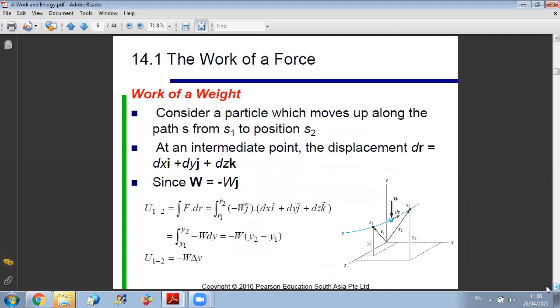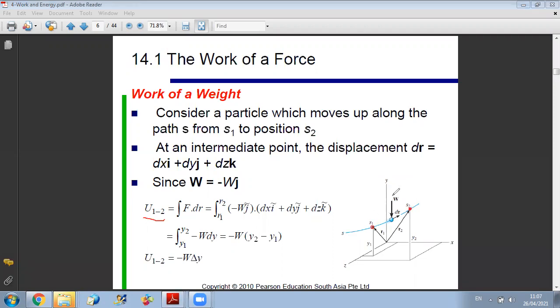Okay. Now, let us take in particular the weight. The weight is one of the most important forces that we face in problems. So we will determine together a general formula for the work of the weight. So now we will develop the work of the weight starting from the definition that the work of a force is the integral of F dot displacement dr. And now by integrating between position 1 and position 2,